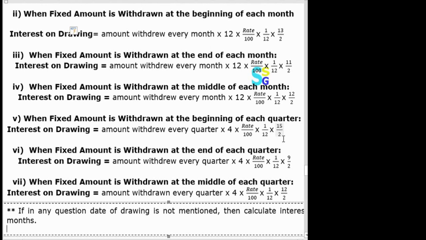Here it is 15 by 12. How will we get that 15 by 12? That is 12 plus 3 by 2. So the interest on drawing will be the amount withdrawn every quarter